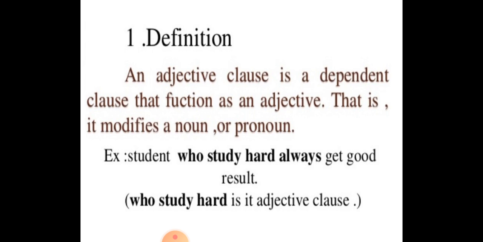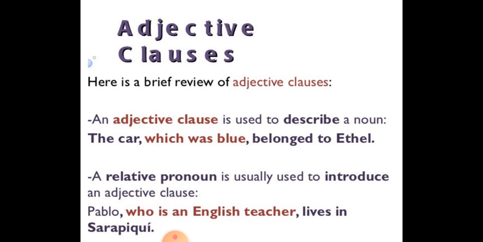Let's see the example. Students who study hard always get good results. Now here you can see the word who. Okay, the word who is describing a student. So here who study hard is an adjective clause. तो who study hard क्या हो जाएगा, adjective clause हो जाएगा, because it is telling something about the subject, about the noun that is a student. Now adjective clause जो हैं